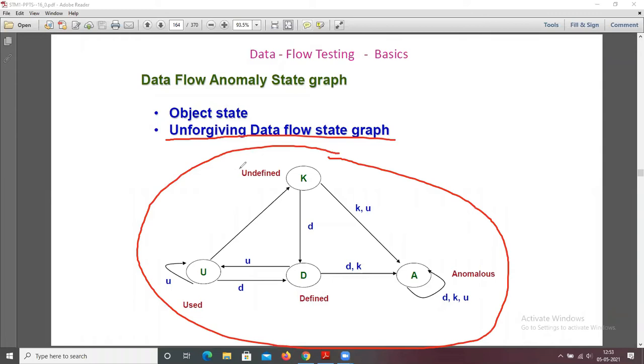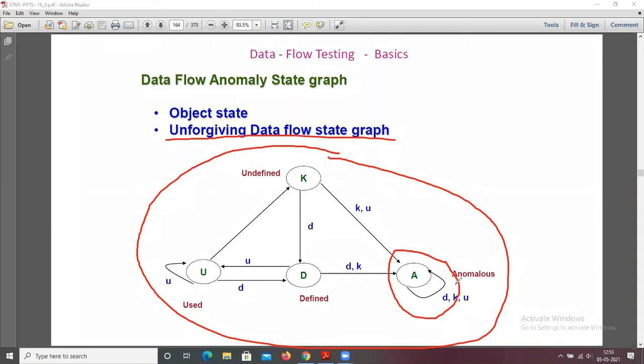In the unforgiving model, once a variable becomes anomalous, it can never return to a working state.